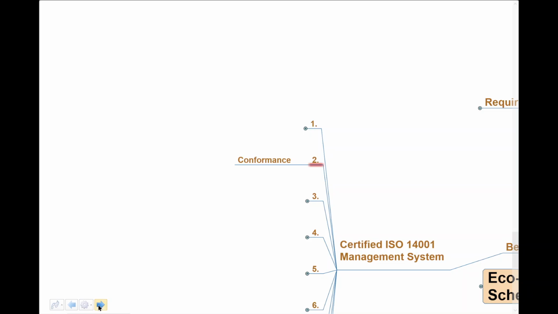In terms of conformance, each standard will provide a blueprint, a guide for individual companies to conform to. That's the whole idea of a standard. In terms of competitive edge, the use of, for example, ISO 14001 will provide an opportunity for companies and organizations to gain a competitive edge,